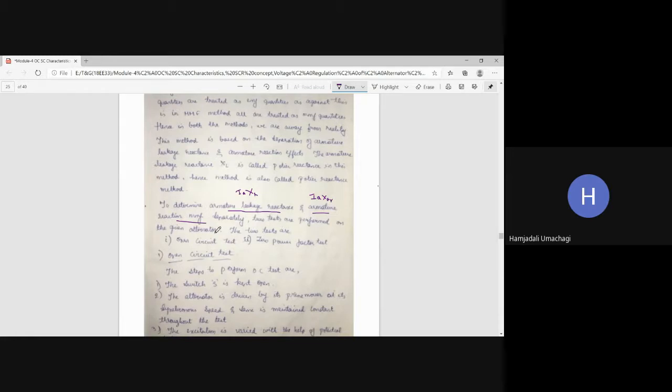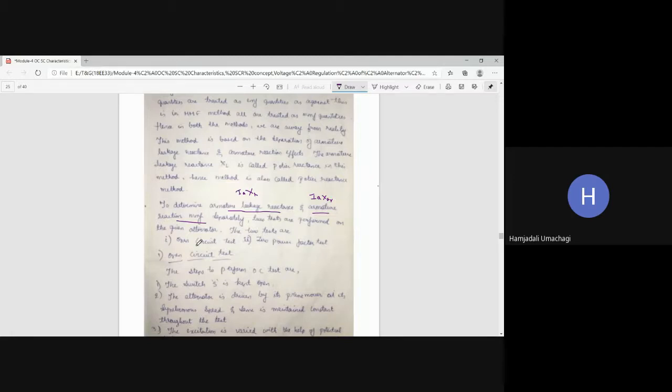Two tests are performed on the given alternator. Here also, once again, we are conducting two tests. The first one is the conventional open circuit test. The second one is the zero power factor test. This zero power factor test is as good as the short circuit test. The only difference is that instead of directly closing the switch and allowing the alternator to carry the full load current, here we are closing the switch via a zero power factor load, that is a purely inductive load. A purely inductive load means cos 90, that is 0. Because of that pure inductive load we get power factor as 0, and because of that we call this short circuit test the zero power factor test.